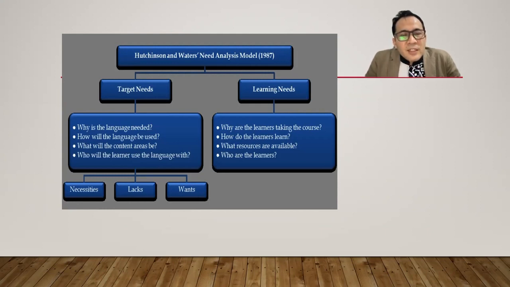What about the learning needs? The target needs mean the substance of the language. The learning needs: why are the learners taking the course? It's the reason why they need to learn this. And then how do the learners learn? The methods of delivery,